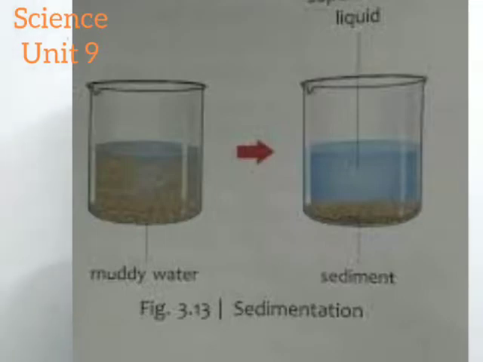Now we want to separate this water from the sand. That process is called decantation. That is, separating the clear water above after sedimentation of the components of the mixture. So we are separating the water from the sand particles. By what process? By decantation. As you can see from the picture, this is how it is separated.